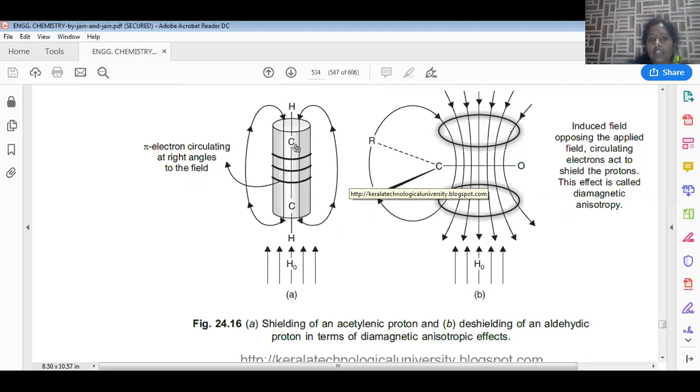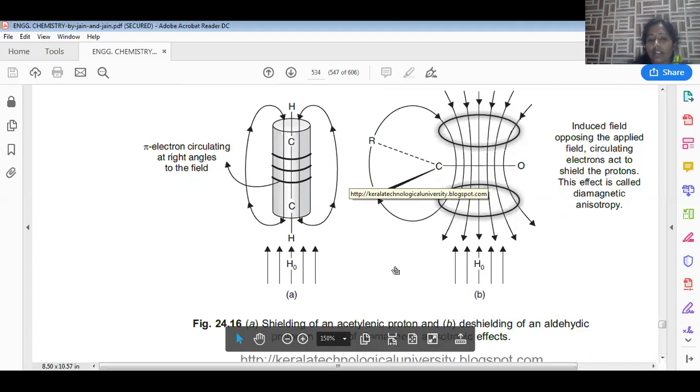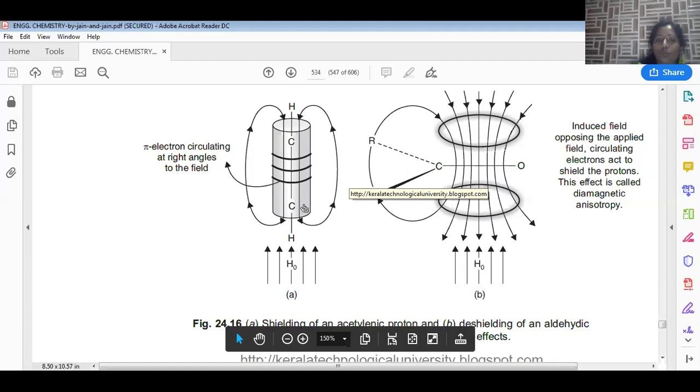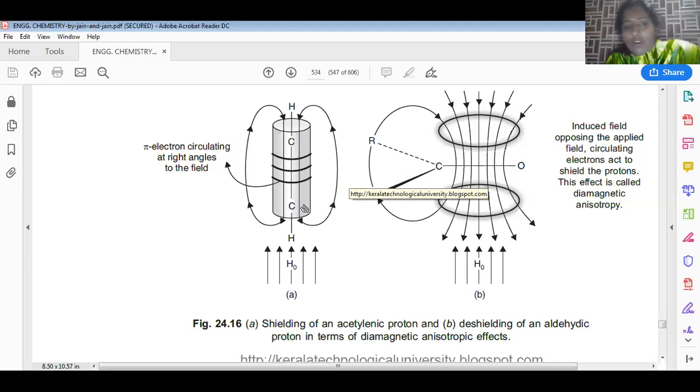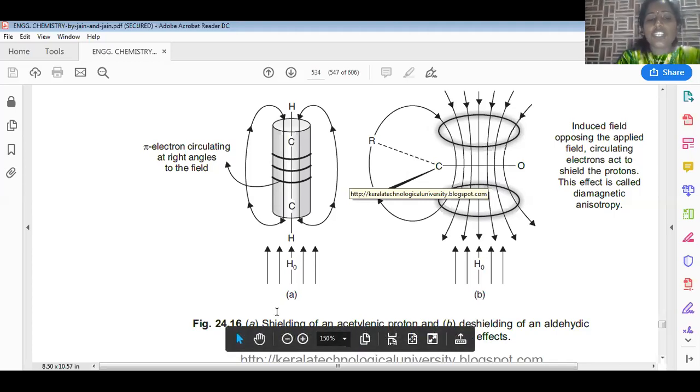Electrons are taken in this carbon-carbon triple bonded compound. Carbon-carbon triple bonded compound experiences shielding effect. That's the reason why values are always in shielding, or otherwise upfield. So we will see the signal of this carbon-carbon triple bond in the range of 2.5 ppm because this acetylene molecule is in the shielding zone.